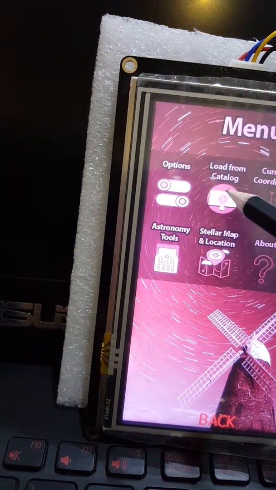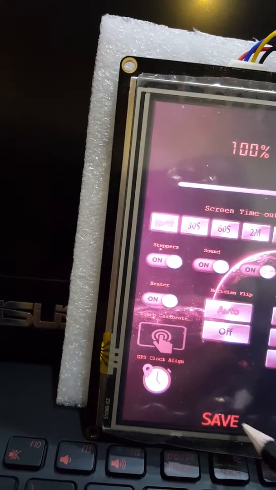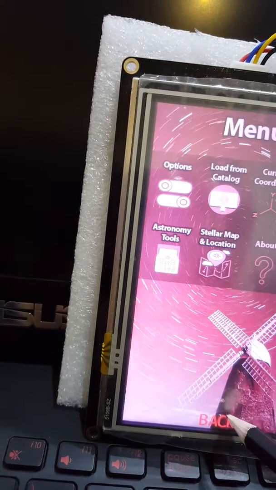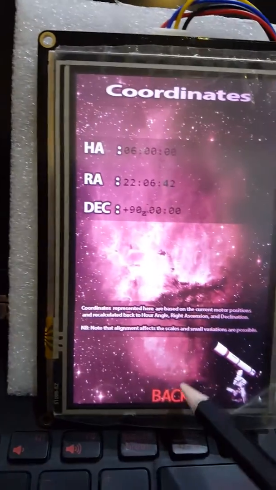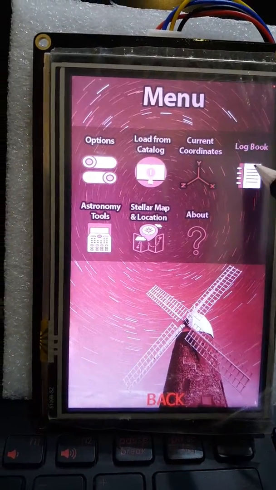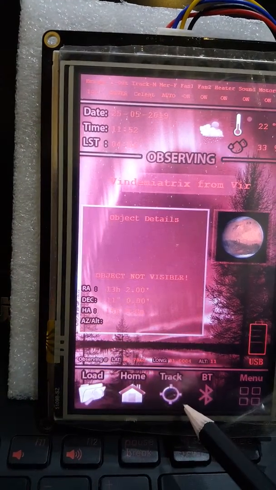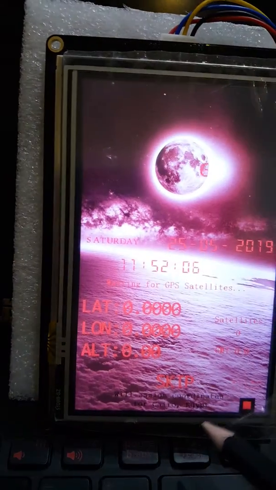There should be something wrong. Options and load. No, I'll look into that issue, but everything looks super fine now. If we go back to the options page, start all over again,